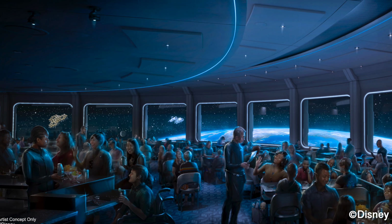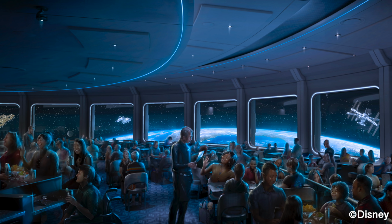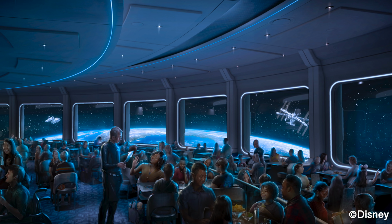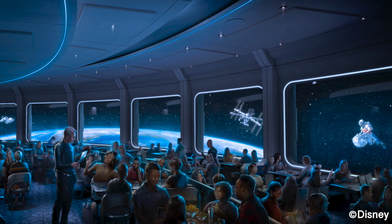Speaking of dining, there's one dining spot in particular that really has my attention. I'm very excited for the brand new Space 220 restaurant opening right next to Mission Space. This restaurant is going to be like none other we have seen before. Not only do you get transported to a new place, you actually go through the process of blasting off into space. So you have this area that's brand new, but you transport yourself to the area with this special space elevator. Once in there, you're going to be able to see outside from above the Earth as if you were dining in a space station. Something I just cannot begin to tell you how excited I am about. There are a lot of rumors about an opening date, but Disney has listed it as opening soon, so hopefully